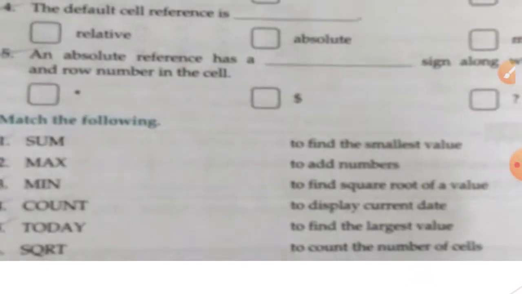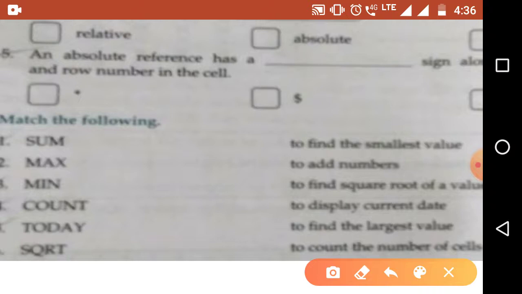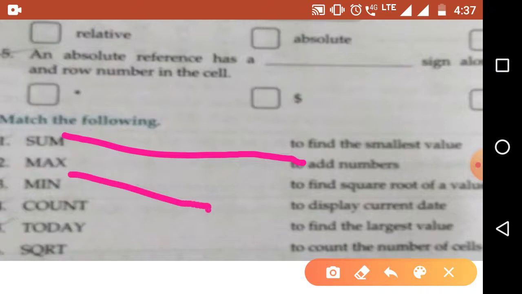See, this is your match the pair. I will tick their answers. You have to see. Sum means to add numbers. Max means to find the largest value.